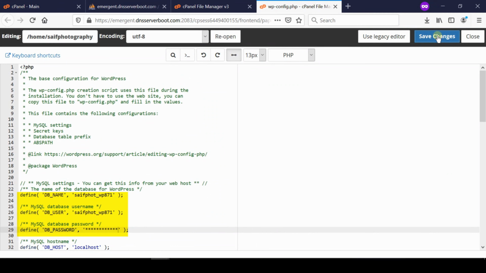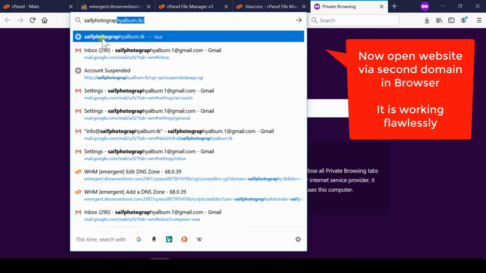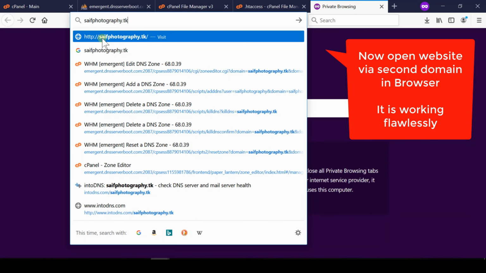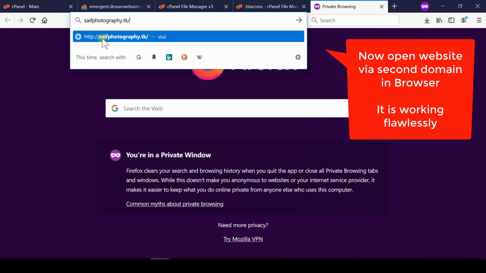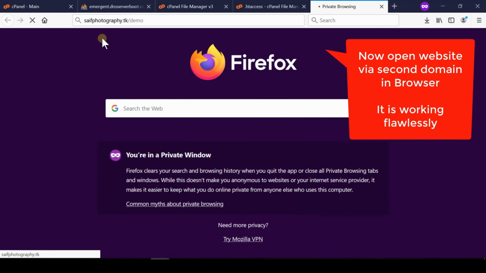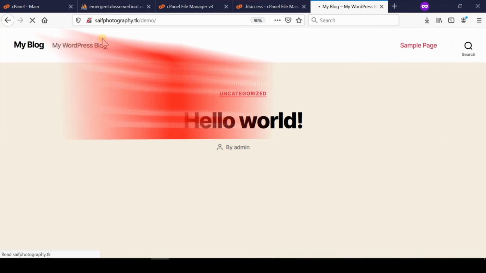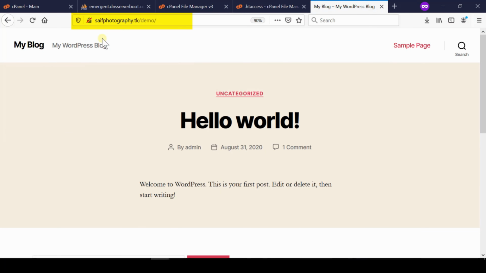Now, if you open the destination website in your web browser, you will find that your WordPress website has been migrated successfully along with the complete data, posts, comments and everything which should be present in the destination website. In this way, you can successfully migrate your WordPress website from one domain to another.